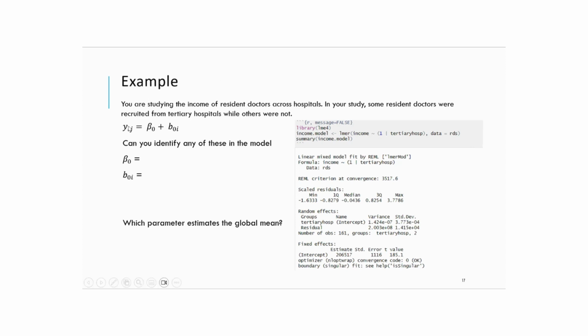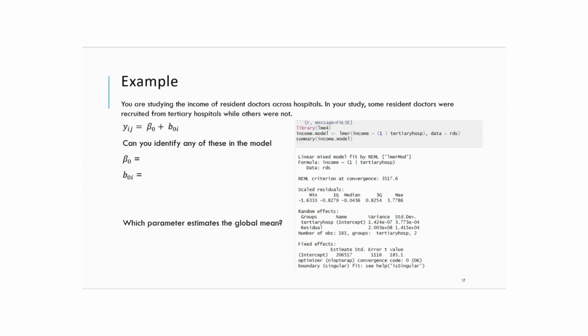So of course, our Y here is our outcome variable, that is the income. But your beta naught here, because this is a null model, is the global mean